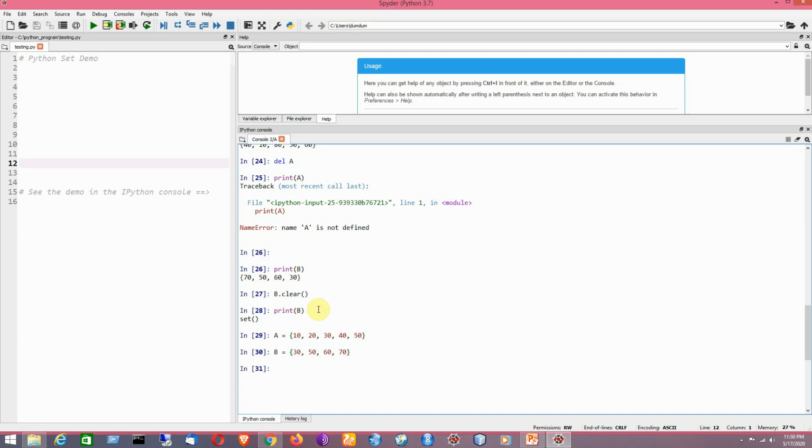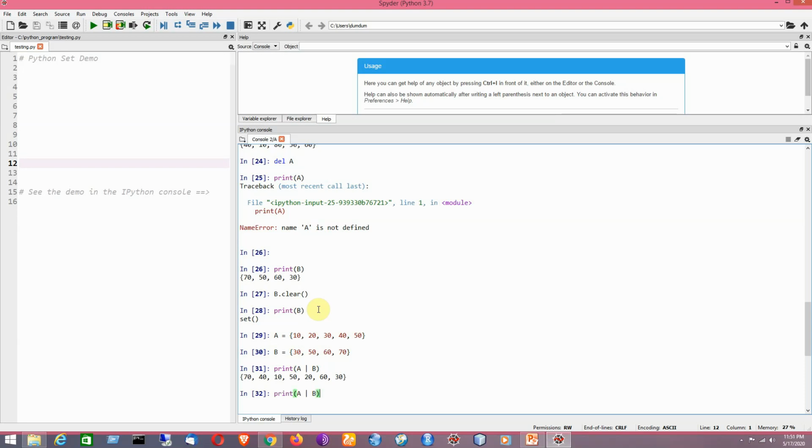Now we are going to apply the union operation on these two sets. Remember that you can either perform the union operation by using the union method or using a particular operator like this, say print A, pipe, B. So basically it is used for performing union operation. If I execute this statement, it will show the union of set A and set B. Again it will be placed in random order.